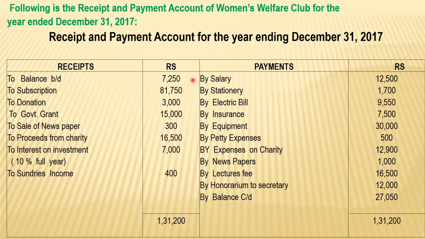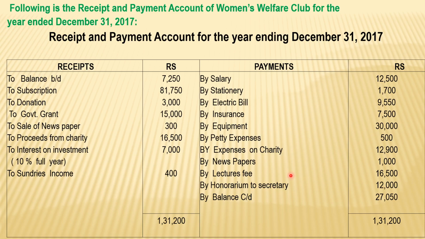Opening balance will go to the opening balance sheet and closing balance will go to the closing balance sheet. And this one, equipment purchased during the year, will ultimately come in the closing balance sheet. So this part only is opening, rather than all are going to closing balance sheet. Suppose legacy is provided, that will come on the closing balance sheet liability side. Similarly, computer purchase will go in the closing balance sheet. But if opening balance is separately provided, then it will be added to the opening balance sheet, and the new balance will show opening plus purchase minus depreciation.